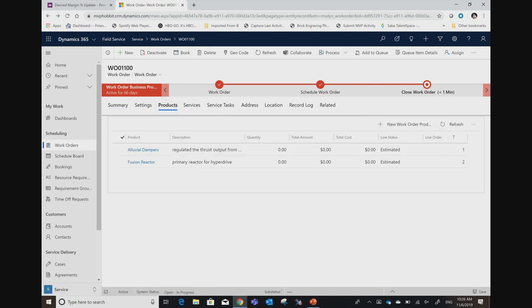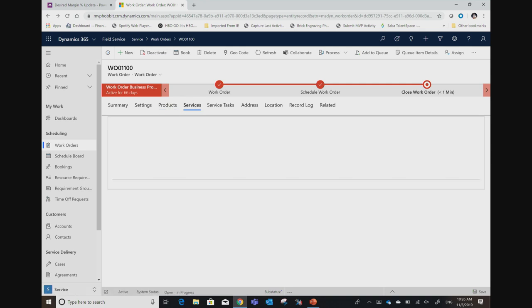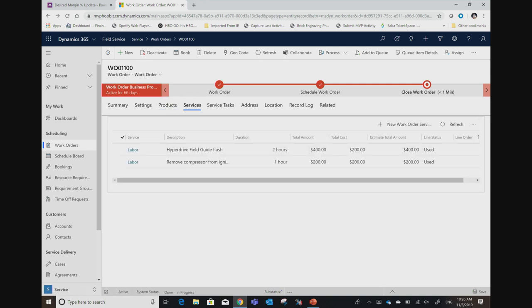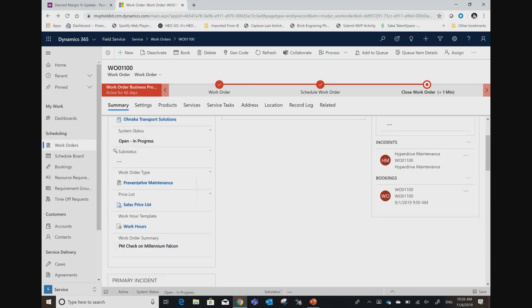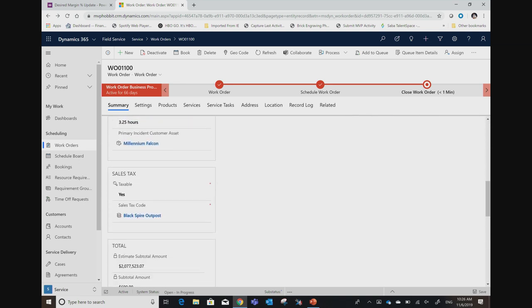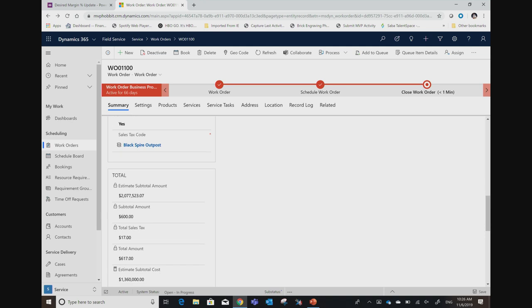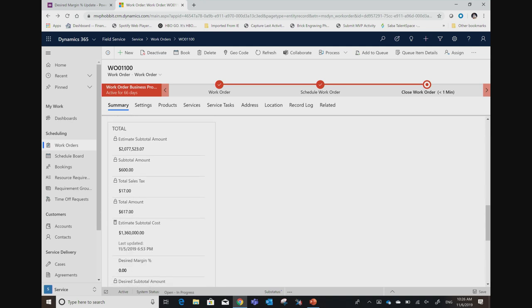and if I look at my products, during the preventive maintenance, I'm checking the alluvial dampers, and I'm looking at the fusion reactor too. For services, I'm doing a hyperdrive field guide flush, and I'm removing the compressor from the ignition coil. So with that, I now find that I have to add some work, and I have to do some additional work on the hyperdrive. So if I want to add products to the work order,